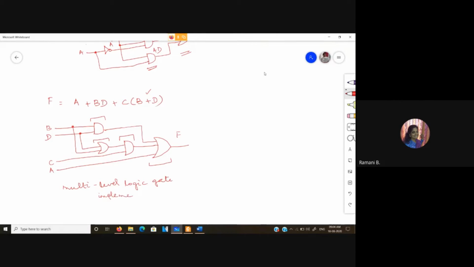Okay. So you have to know all these just in case. And you have one more thing, like implementation of Boolean expressions using universal gates. We were seeing this when we saw the logic gates.